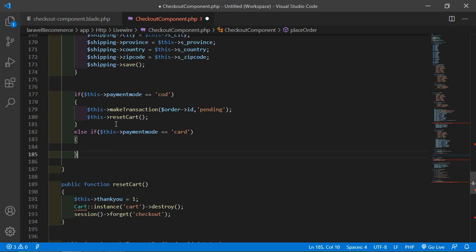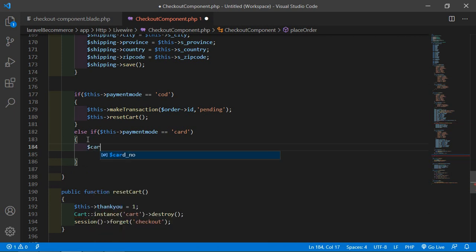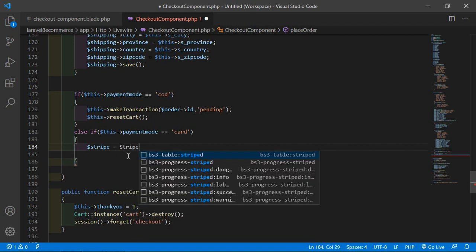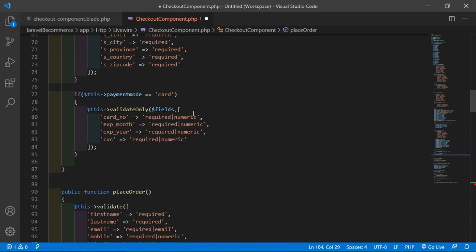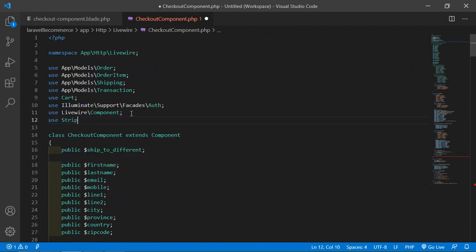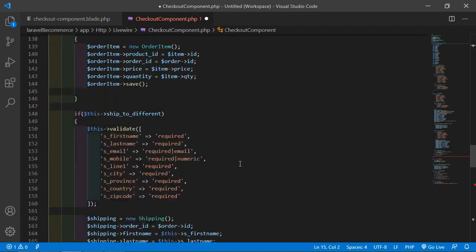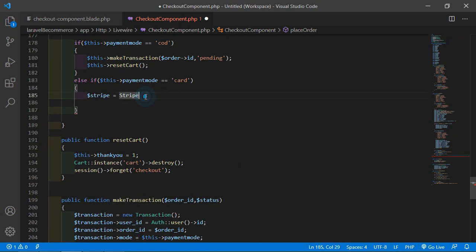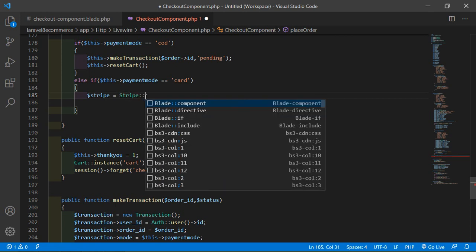All right, now if payment mode is card, then first of all let's create a stripe object. A stripe is equal to a stripe, and also import here the stripe. So after this just write here use the stripe. Okay, and now here just write stripe colon colon make,